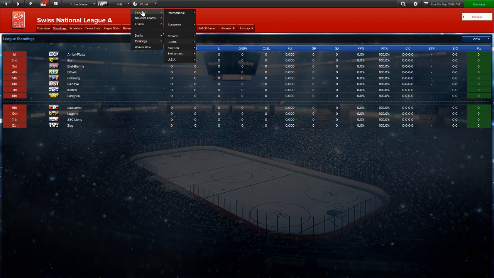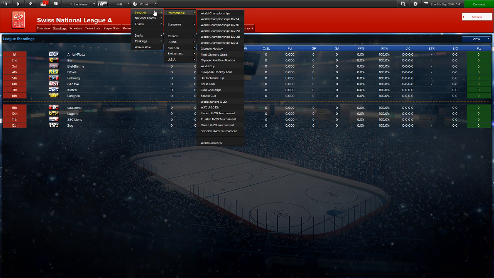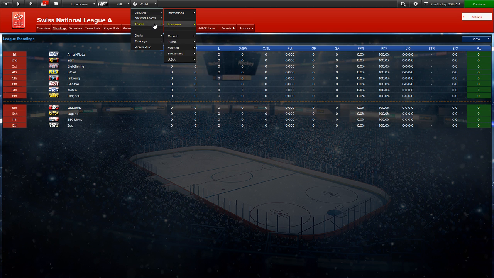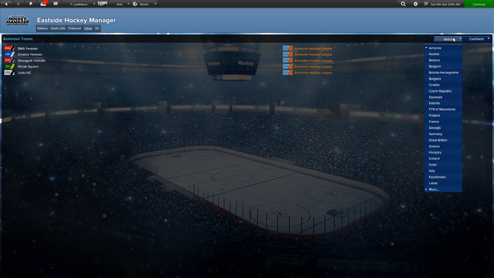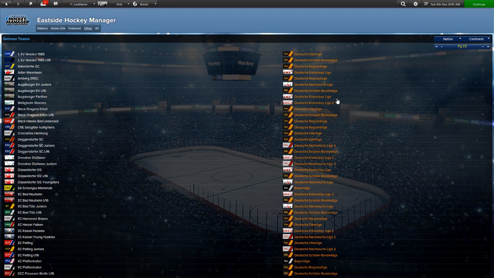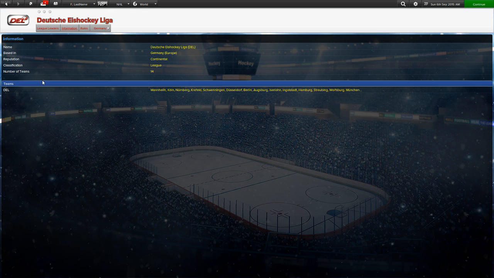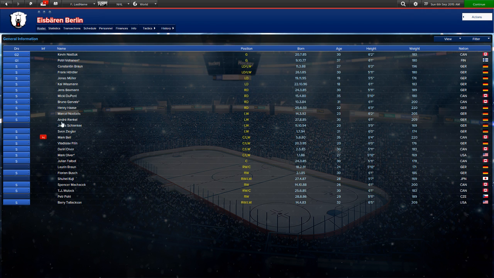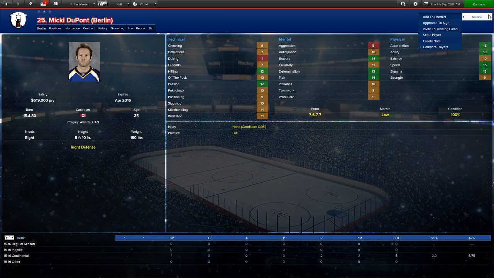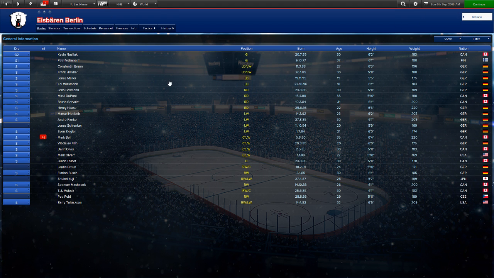Now, all the other leagues are still available in the game, you just have to find them a little bit. So for instance, the German league is in the game, but we didn't select it, so you'd have to go to teams, other, Europe, and find them this way. So if we went to nation, Germany, Deutsche Eishockey League, then we'd have the DEL, and we've got all the German teams, so there's Berlin, for example. Again, you can still interact with everybody, you can sign them, you can invite them to your training camp, you can scout them. You just don't see the actual league processing day to day as you would with the ones we selected,